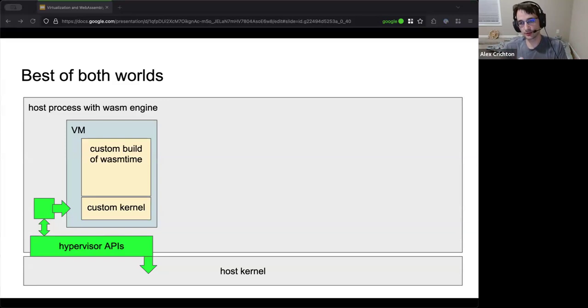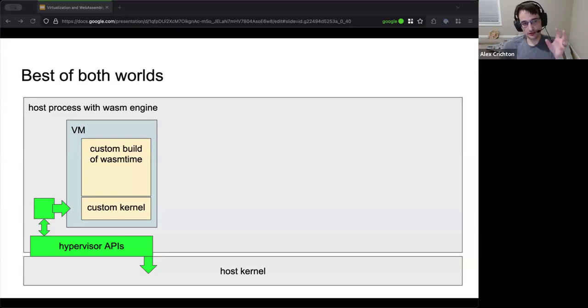Question: does WASM have snapshot support? Not currently, based on your run. Well, it's nuanced, so actually, sort of yes. I am not aware of a runtime where you can take currently executing WASM and snapshot it and move it somewhere else. I am aware of WASM runtimes where, if the WebAssembly execution has completed, you can then snapshot the current state, throw it away, and bring it back up for speed later. So not like a live migration of VMs just yet.